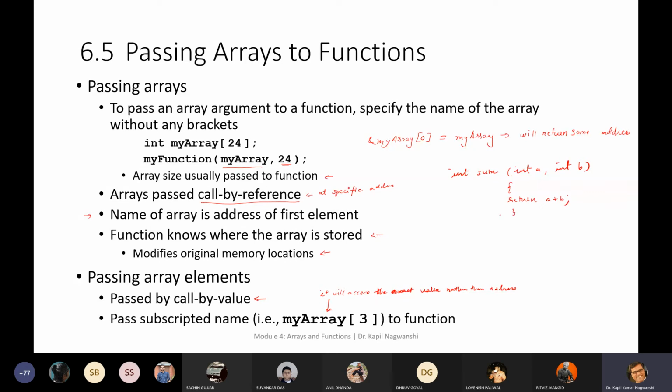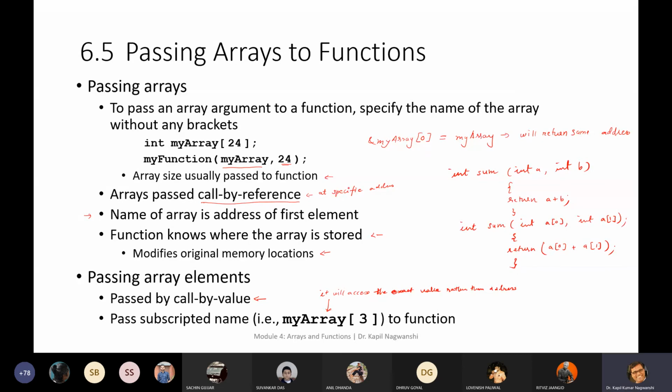So if I want to write the same function using an array, integer sum, and then integer a0, comma, integer a1, then return a0 plus a1. So it will automatically perform your operation.